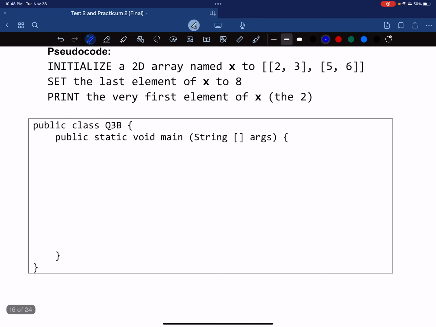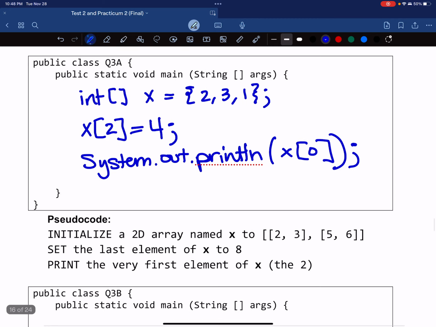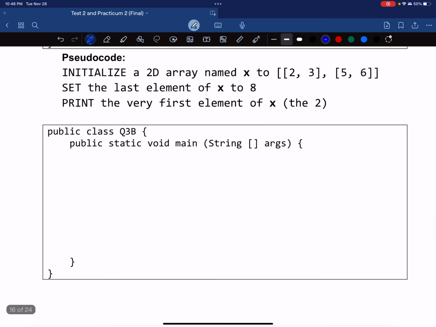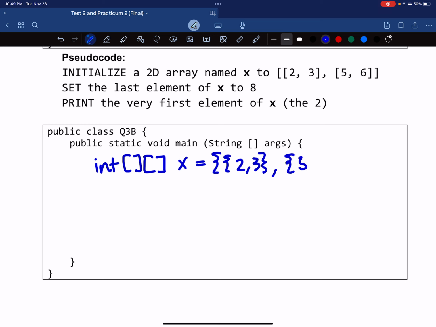Now we're going to initialize, yeah, we're good there. We're going to initialize a 2D array. So int bracket bracket 2 dimensions x is equal to, and we can go 2 comma 3 comma 5 comma 6,